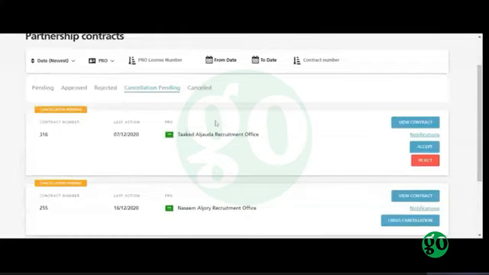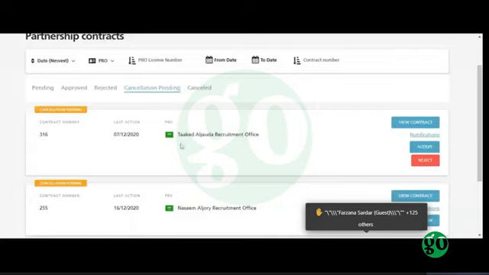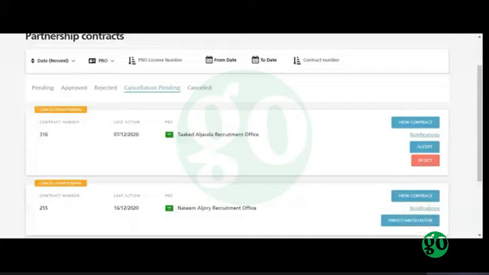For example, in the first case, it is clear that the cancellation request was sent by the Saudi recruitment office because of the accept and reject buttons, meaning that me as an EPRO should take an action with the cancellation request by either accepting the cancellation request, so that the status would turn to cancelled, or rejecting the cancellation request so that the status would turn back to approved.